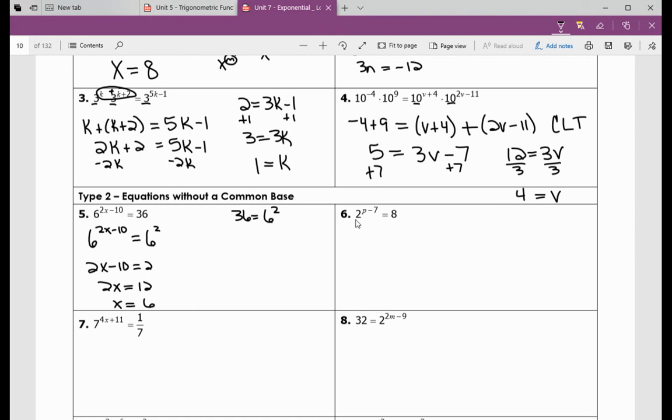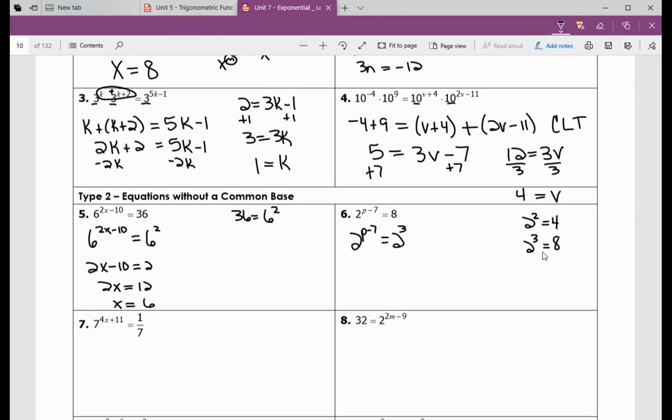In example 6, we have a base of 2. My guess is that we can turn 8 into a base of 2. Now, it's not 2 squared because 2 squared is 4, but what is 2 to the third power? It's 8. So I'm going to replace 8 with base 2 to the third power, because 2 to the